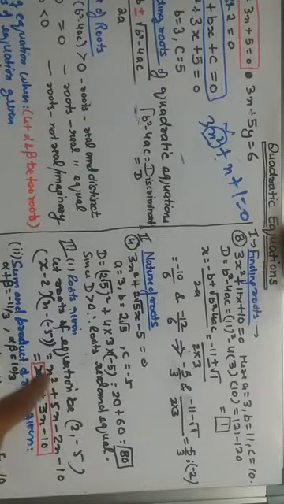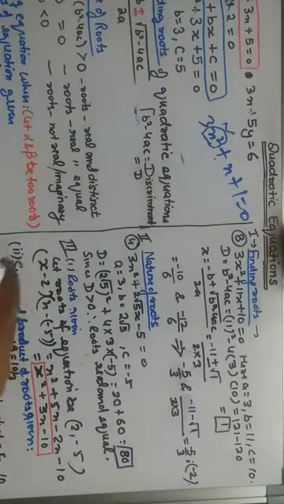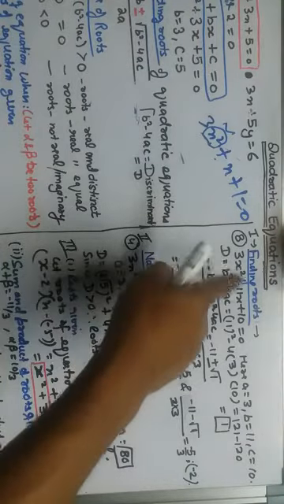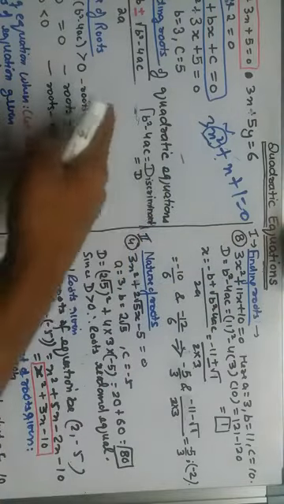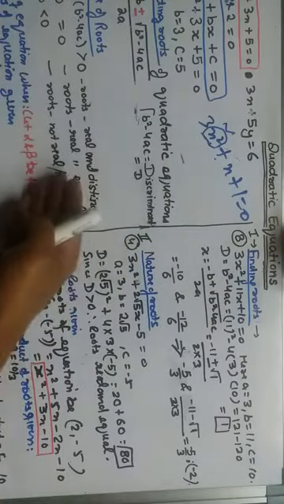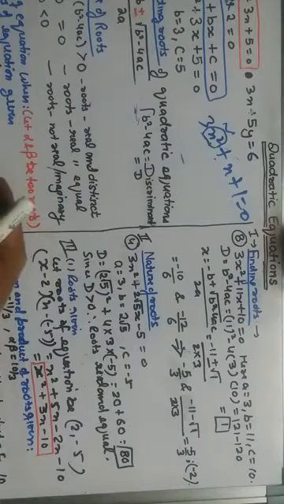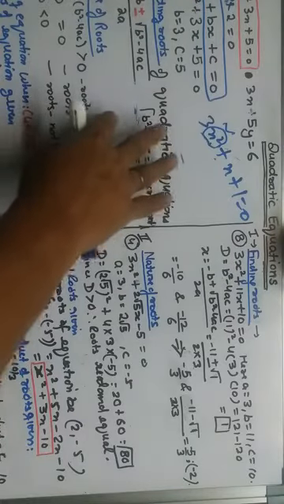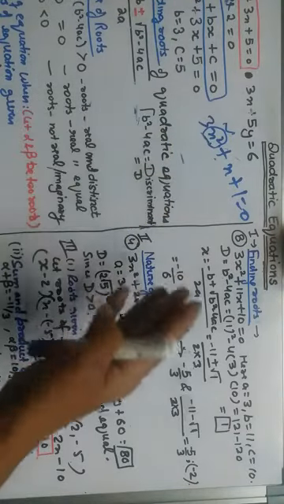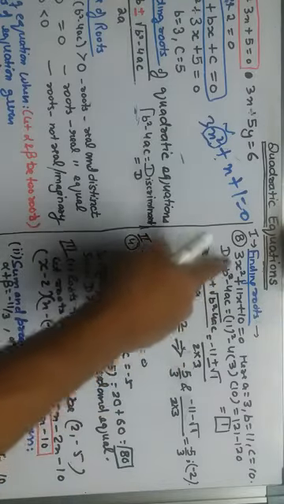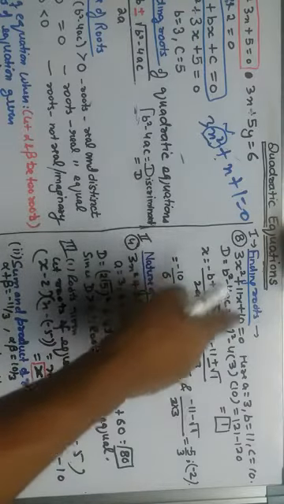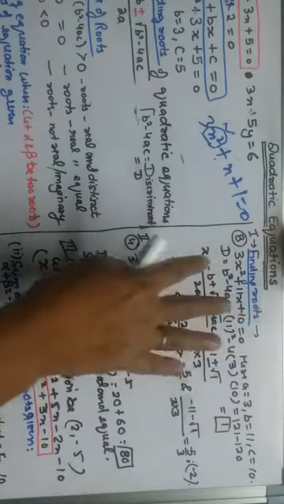Now we are dealing with the examples. The three topics we have discussed: on the left side we have discussed finding the roots, nature of the roots, and finding the equation. First one is finding the roots. How to find the roots when the equation is given. Suppose this is the equation. So how to find the roots of this equation?